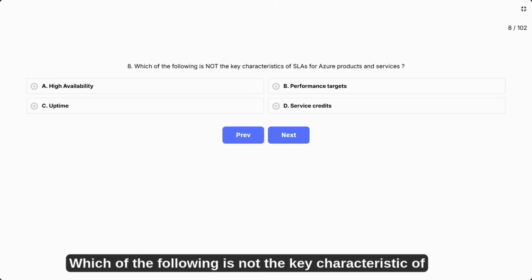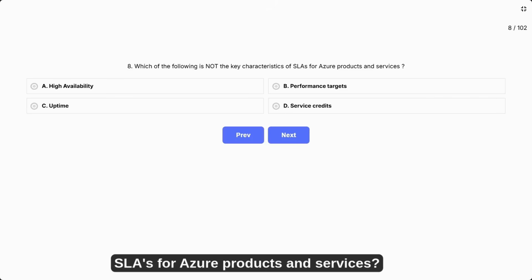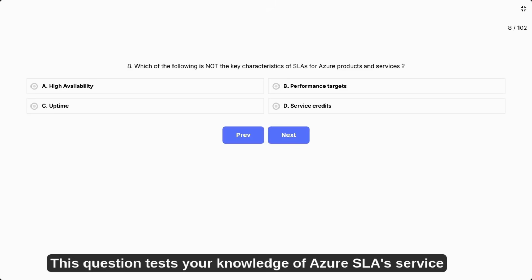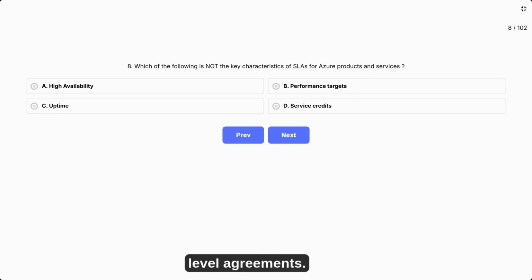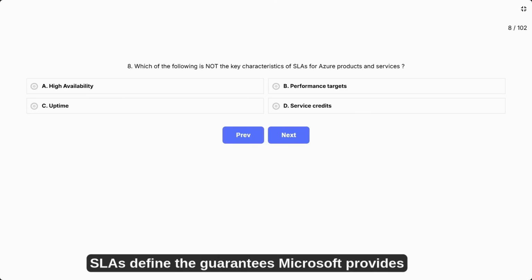Question 8. Which of the following is not the key characteristic of SLAs for Azure products and services? This question tests your knowledge of Azure SLAs, service level agreements. SLAs define the guarantees Microsoft provides for Azure services. You need to identify which option is not considered a